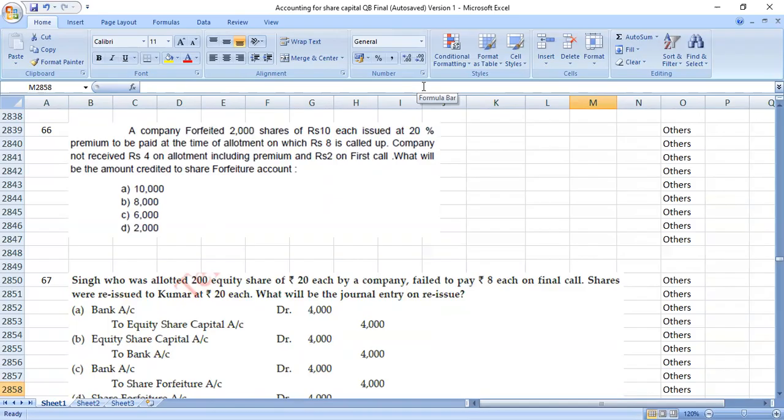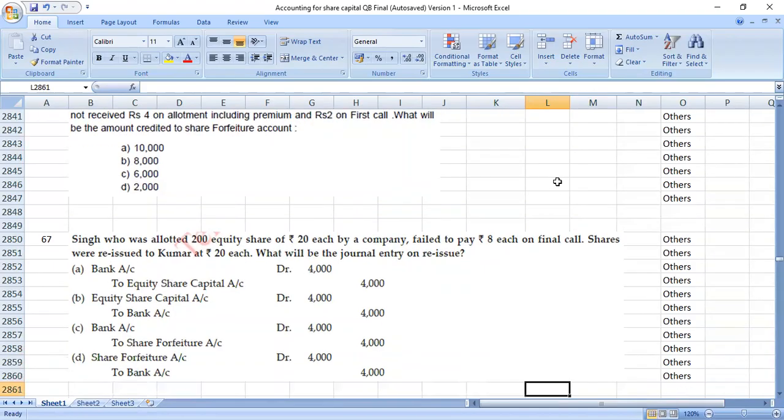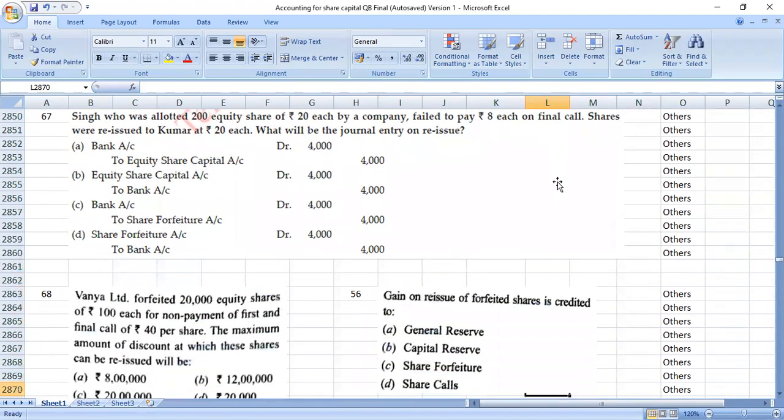Second call irukka illaiyanu kudiyum. This is why I hate these questions. They are not worded properly. They don't give enough information. If 8 is a called up value of share capital and 2 on first call and 2 on allotment, I really don't know. This question is not worded properly. I want to skip it. I don't want to give a wrong solution. If anyone gets an answer for it, let me know. And if you can explain it, great.